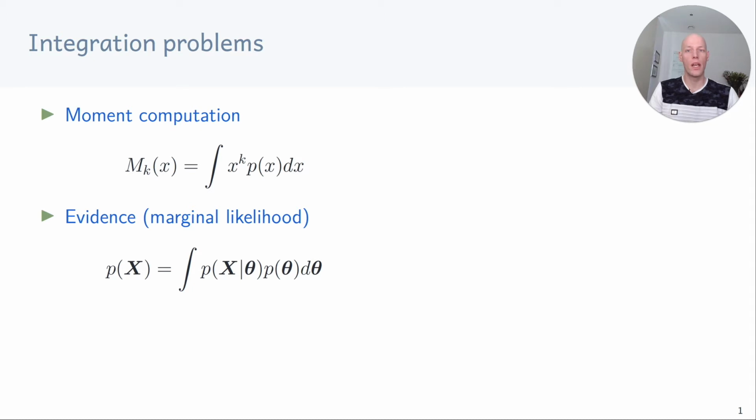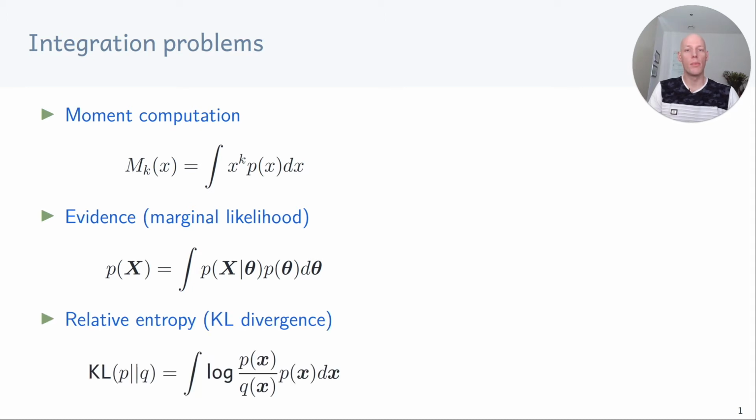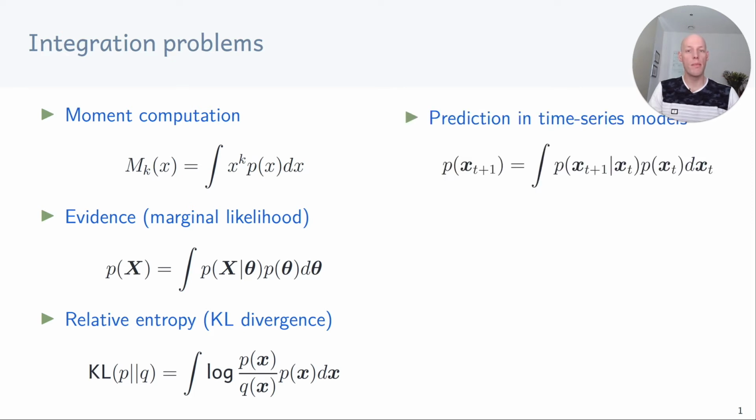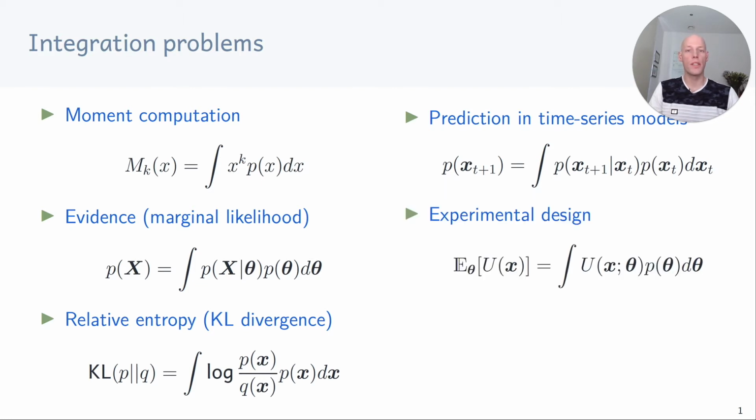integral. We also often need to compute Kullback-Leibler divergences, for example in variational inference. Here we also need to compute an integral. Similarly, making predictions in time series models and computing expected utilities in experimental design involves integration. Even planning, that is, computing rewards along a trajectory of states and actions, requires integration if we look at continuous time problems. We see that integration plays a central role in machine learning, but unfortunately solving integrals is hard in